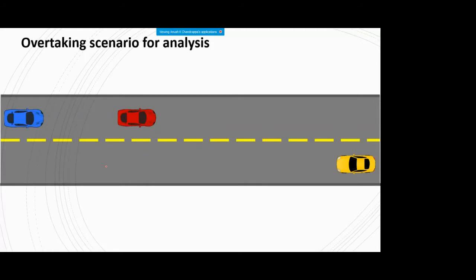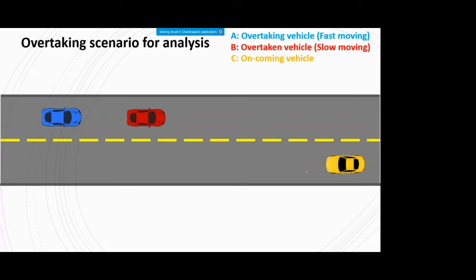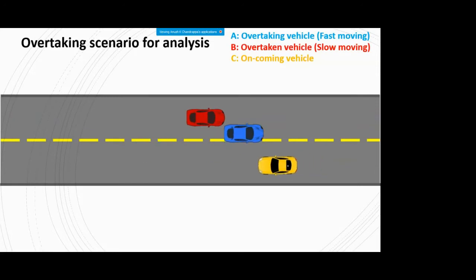And then we had seen that in this overtaking scenario, the blue one is the overtaking vehicle, B, the red color is the overtaken vehicle, and the yellow color, C, is the oncoming vehicle. Then we had seen the actual overtaking operation. It is somewhat like this. At the ending section of the overtaking operation, the vehicle just passes between the overtaken vehicle and the oncoming vehicle. So that's the critical situation.